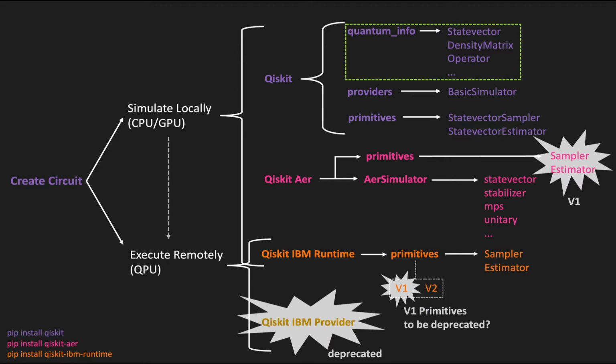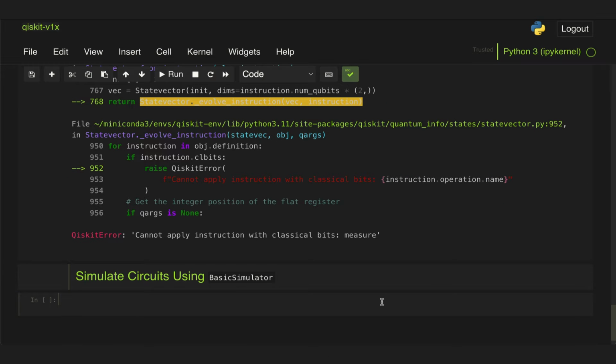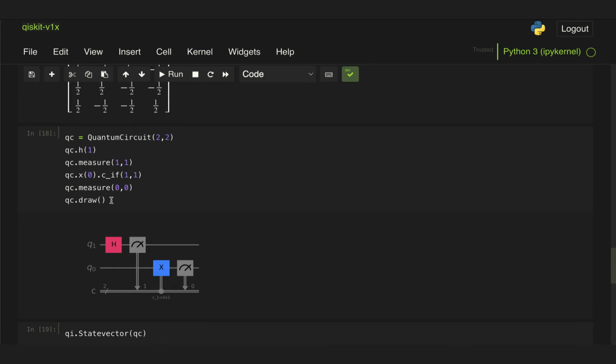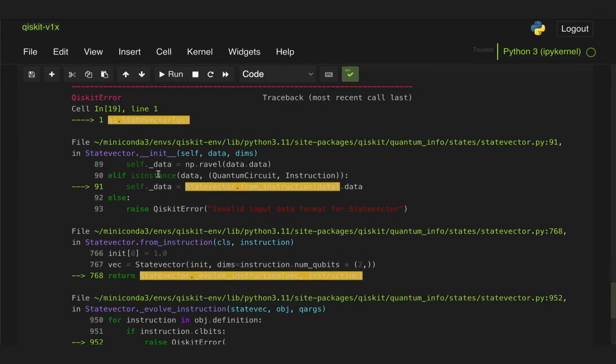And in this particular video, we're going to cover the basic simulator. So this used to be known as the basic air simulator, but it has been renamed. And the main difference is that even though it is an inefficient simulator, it will allow us to implement circuits that have mid-circuit measurements. So let's go ahead and basically just copy the circuit we had above, and then let's